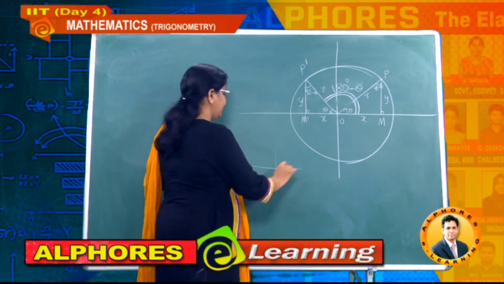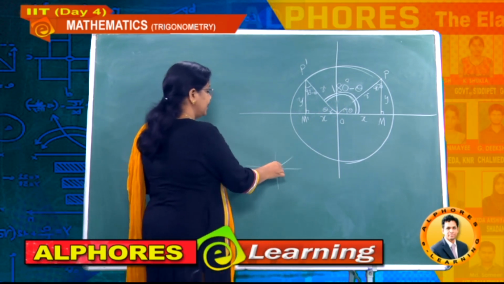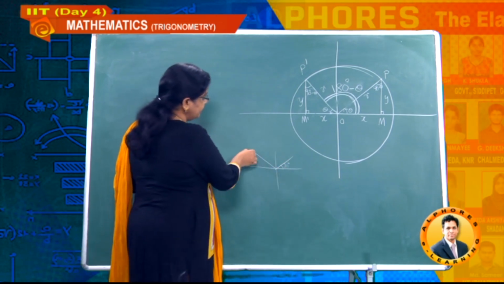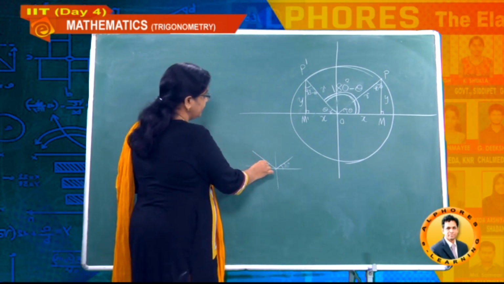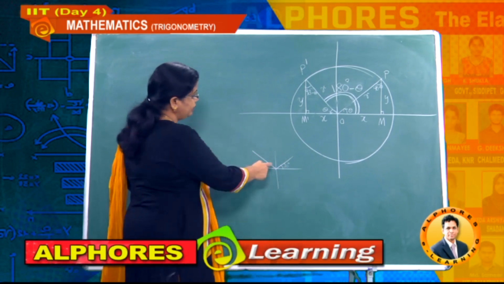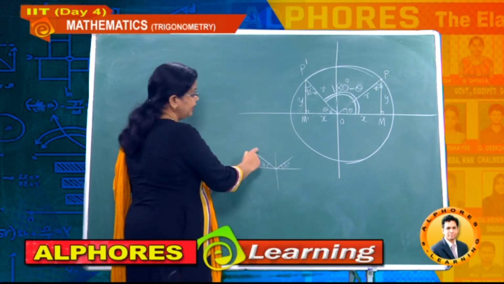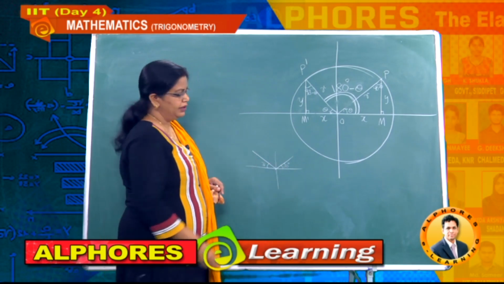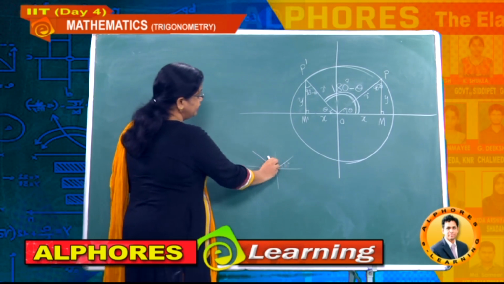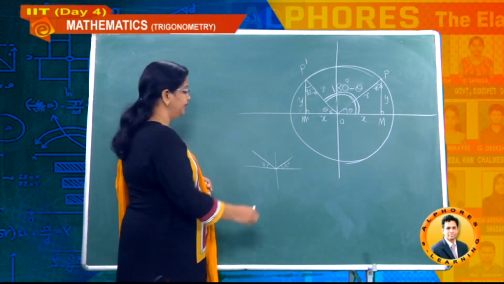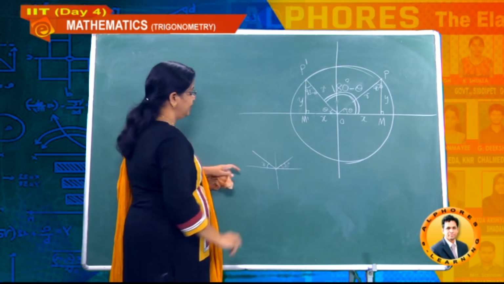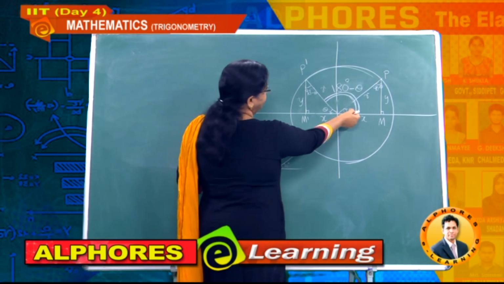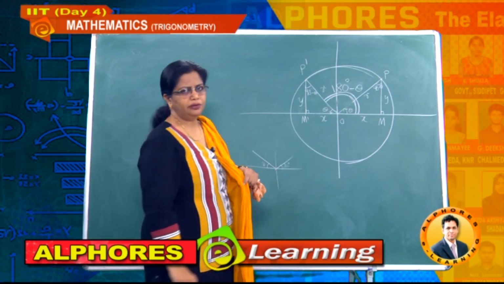Suppose here you have this line at 30 degrees. Now I rotate the line such that this will again be 30 degrees. That means how much did we rotate here? From here to here, you observe the angle of rotation. So the same 30 degrees I want to maintain. So this line from here to here you have to rotate. That means if I rotate 120 degrees from here to here, the leftover is 30 degrees.